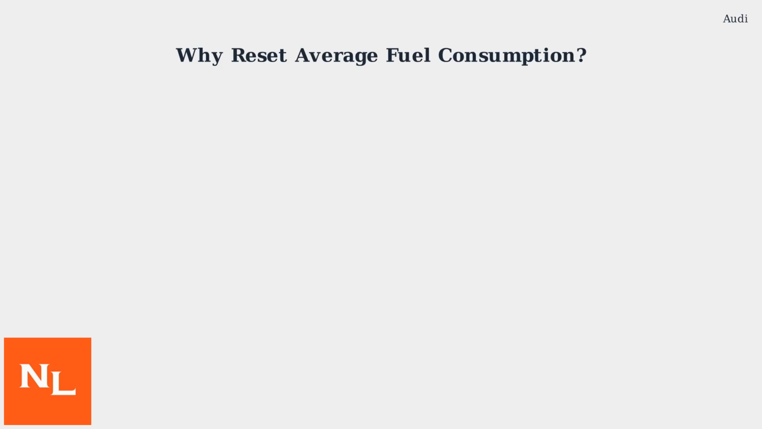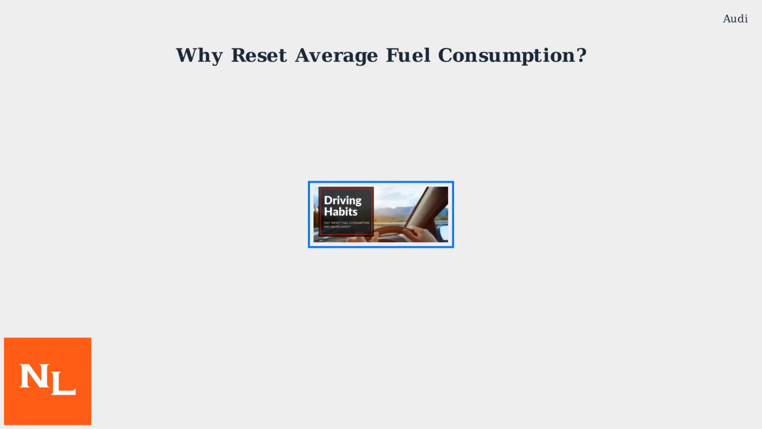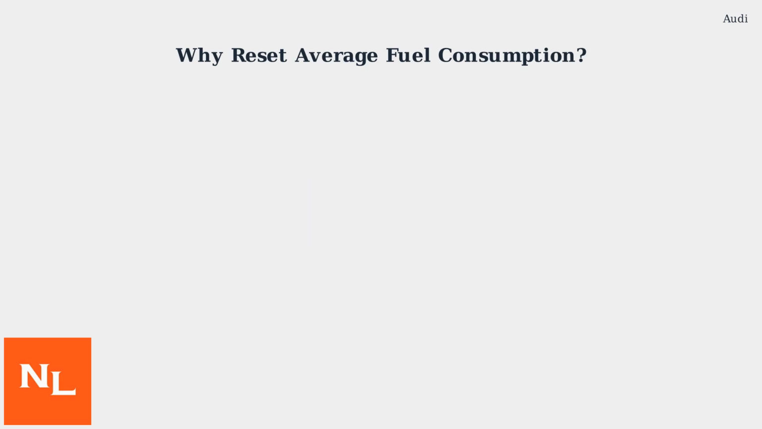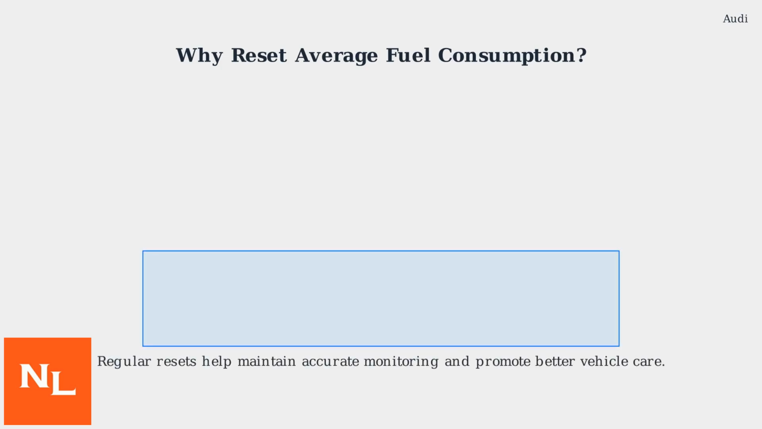Tracking averages over different trips helps you adjust behavior for better economy. For example, comparing averages before and after trips can reveal how factors like highway driving versus city traffic affect your fuel use, encouraging more efficient habits. In summary, regular resets help maintain accurate monitoring and promote better vehicle care by catching issues early and encouraging efficient